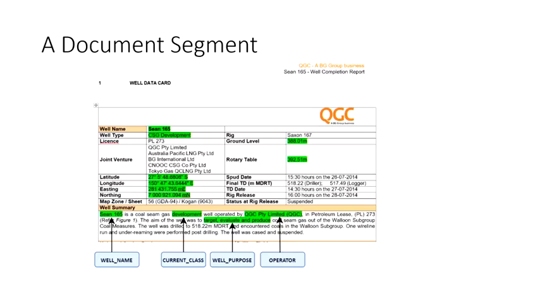Now, as I said, we experimented with a large number of scientific reports from GSQ, and each document looks something like this. It has some tables, and if it is a table, it is easier for a large language model to find the answer because it is a bit structured. But it can be plain text. In that case, it can be a little bit more difficult. We had like 16 different types of information we were looking for. Some examples were well name, current class, well purpose, operator, and so on. And they are actually large documents. This is just a small segment from the document.